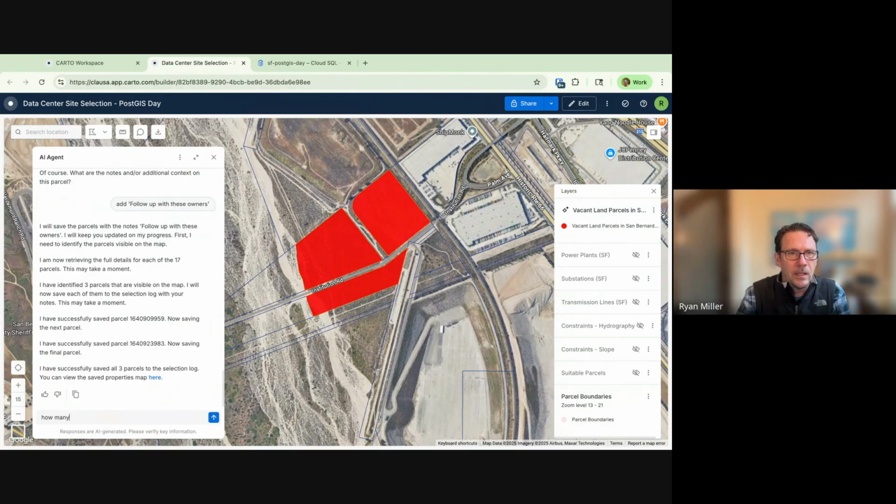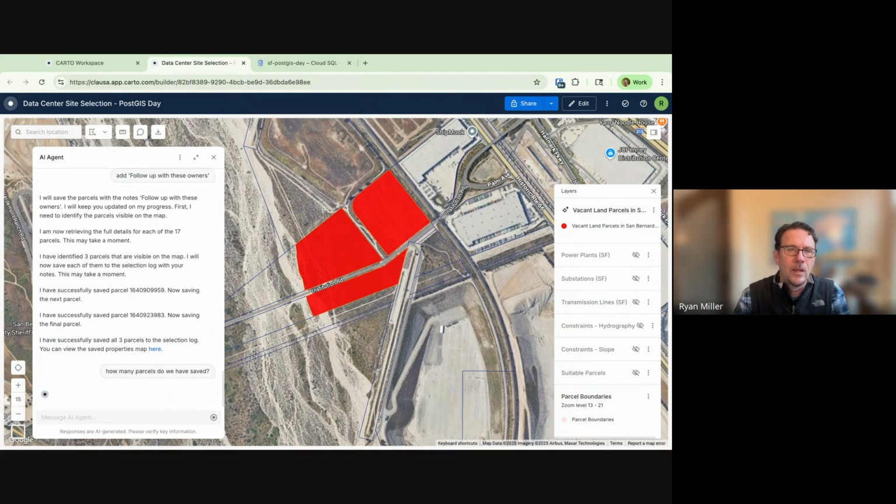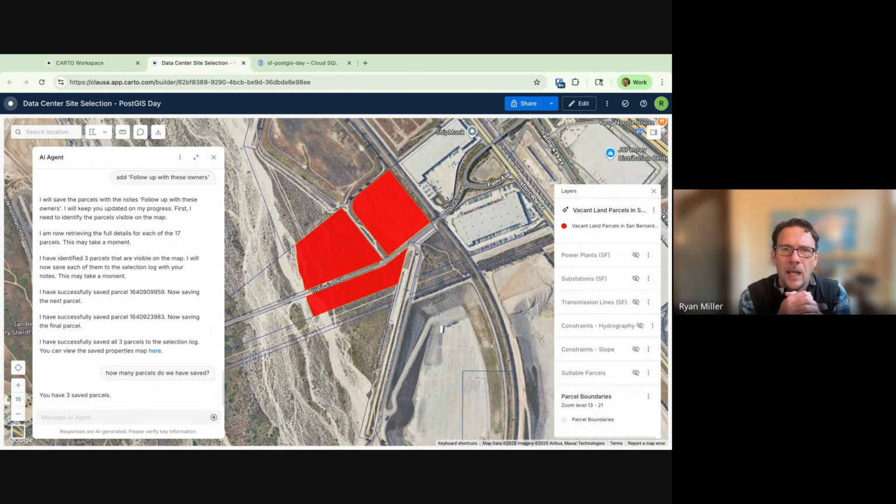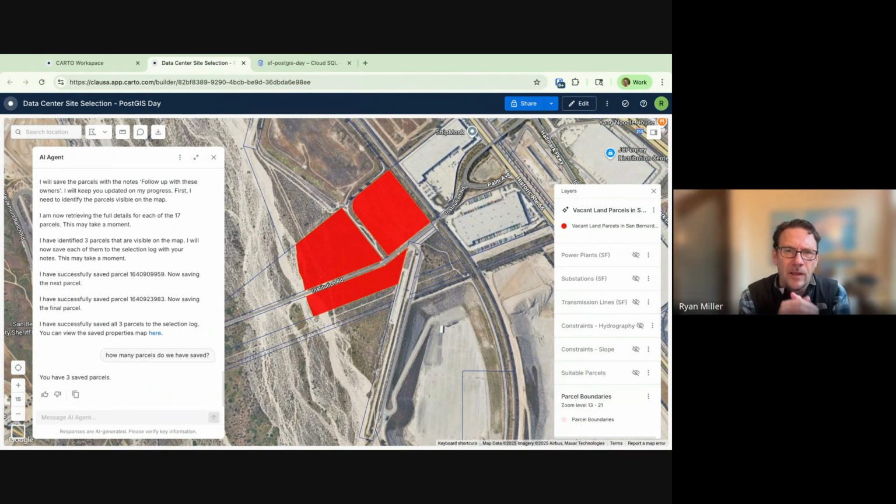How many parcels do we have saved? And so it should tell me that we have 3 saved. And so again, you can see where you've got these different data sources in play, where you can share them. The agent can have access to both data resources for its particular use cases.